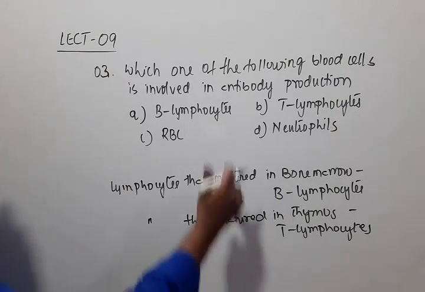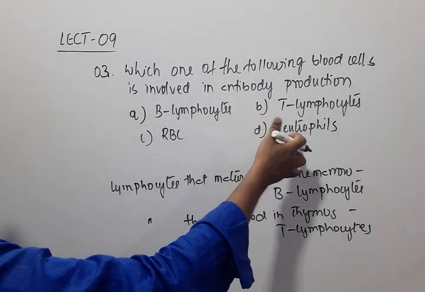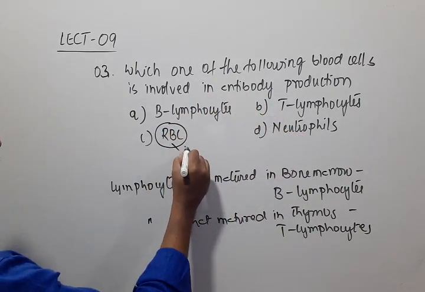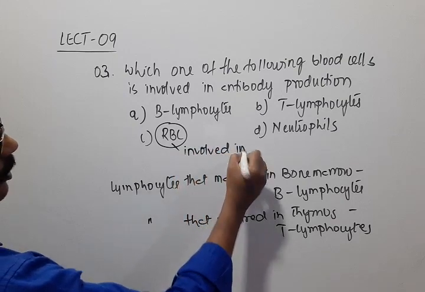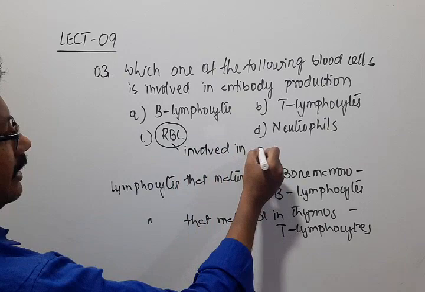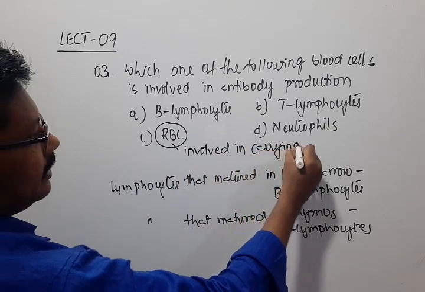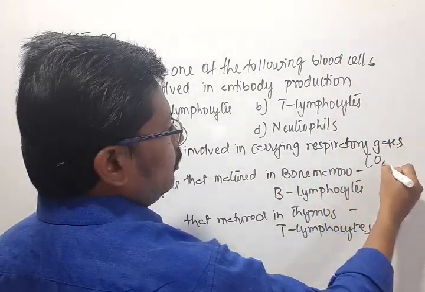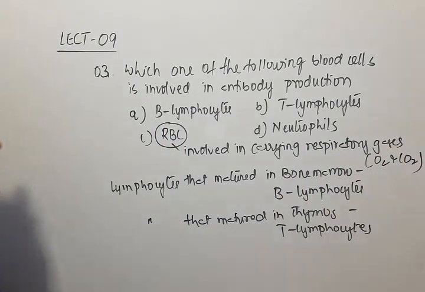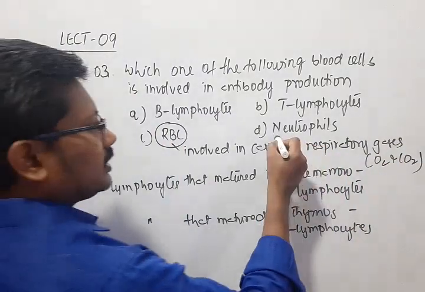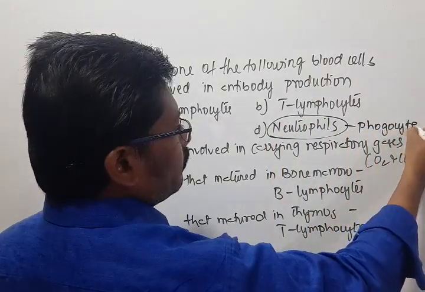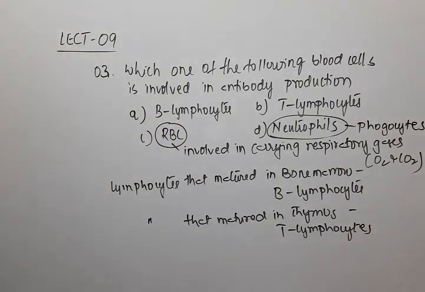Now, RBCs are involved in carrying respiratory gases, that is oxygen and carbon dioxide. Then the neutrophils are phagocytes. Phagocytosis is a process where, when a neutrophil comes in contact with a substance that doesn't belong to the body, or a microbe,